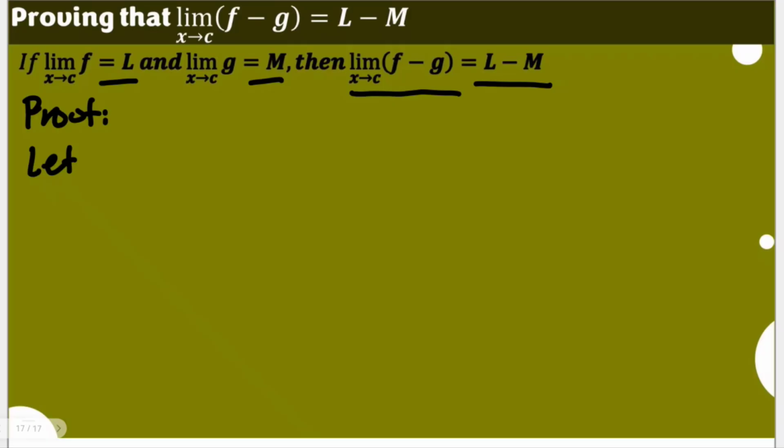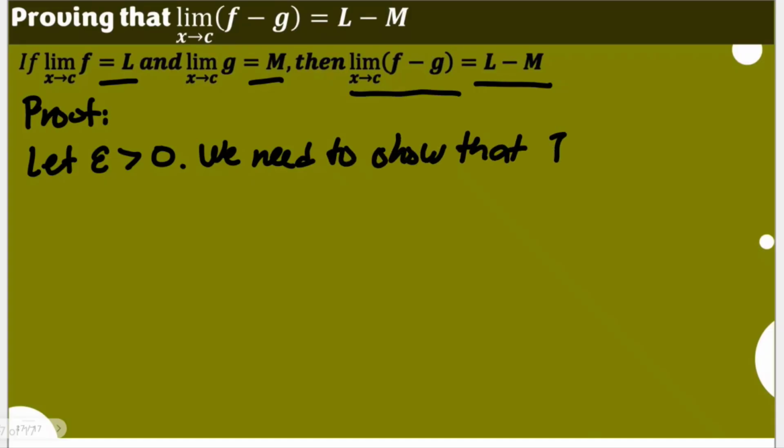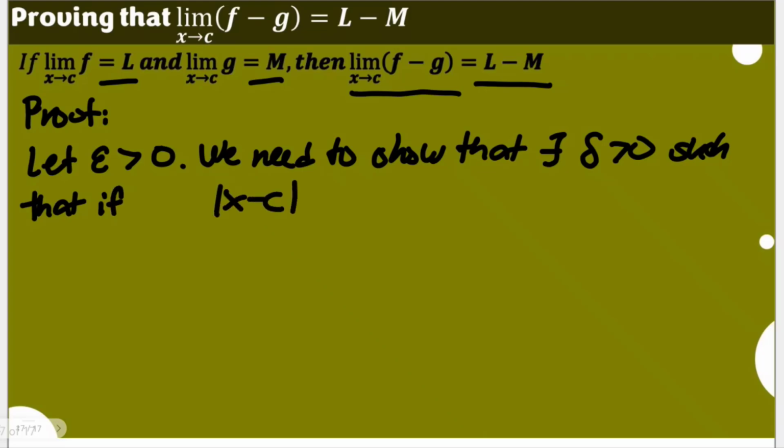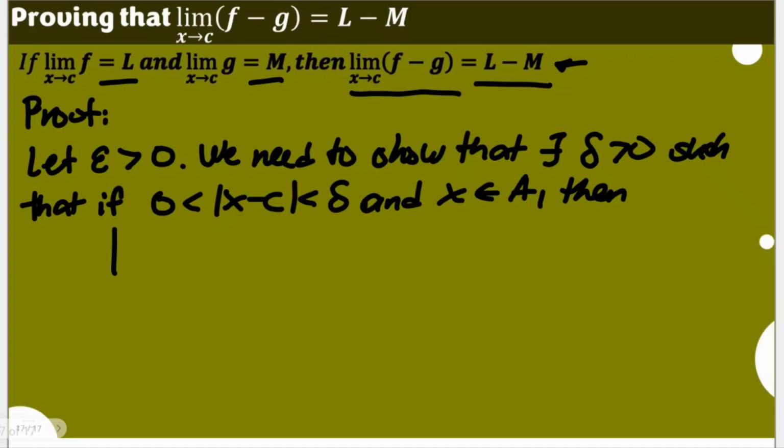Let's say epsilon is greater than 0. By letting epsilon be greater than 0 as part of the proof, we need to show that there exists delta greater than 0 such that if the distance of x and c is greater than 0 but less than that said delta, and x is an element of A, then using the idea here for this to be true, the difference of the